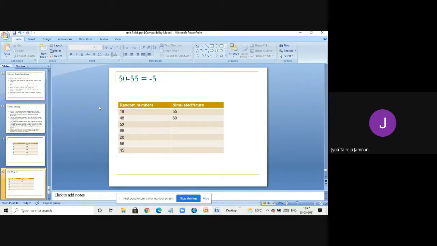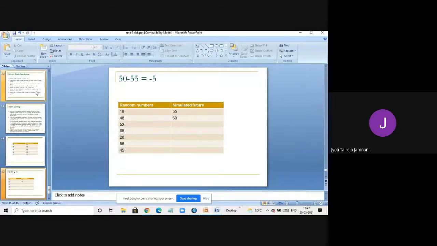So for the fifth day, whatever value I've simulated, I'll subtract today's value from it. I'll get to know what the loss is. If I want a 99% confidence level, 100 minus 99, the first percentile, whatever the value is, I'll take that. If I do 100 minus 98, it's the second percentile. So for the second day, whatever the simulated value minus 50, I'll get the value at risk.